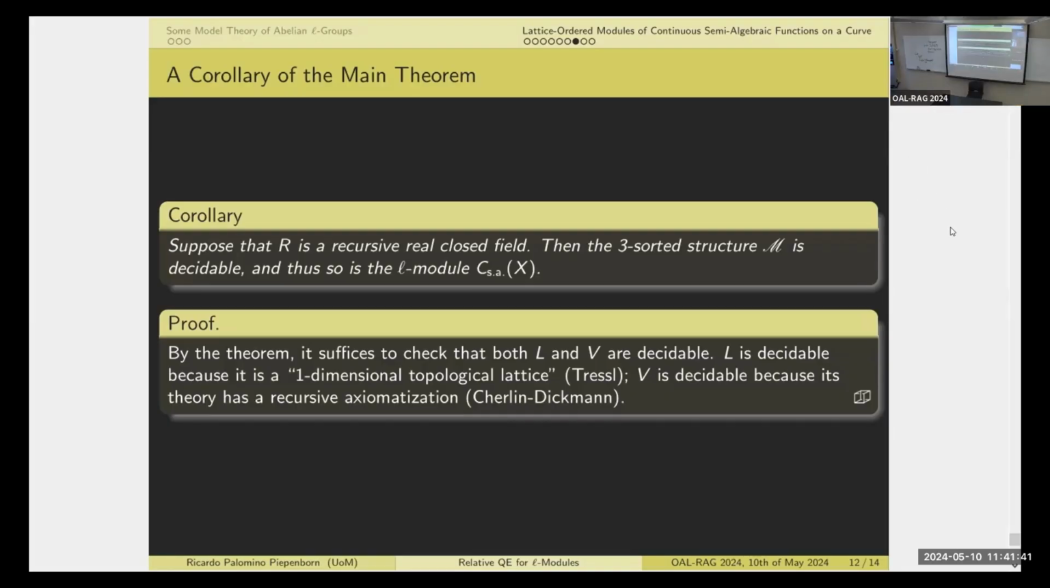Could you say something about what goes wrong when you deal with two-dimensional semi-algebraic sets? Right, a lot goes wrong. Yes, absolutely. So the first problem is that you don't really have a very good